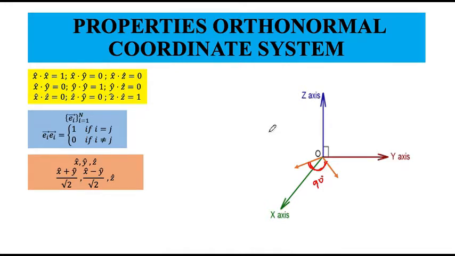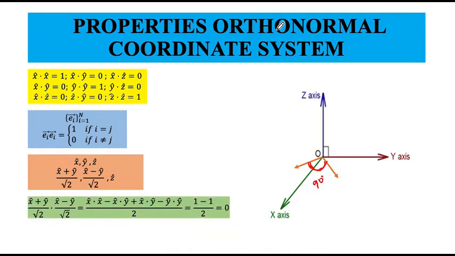Okay. So obviously the dot product of these two vectors is 0, and both of these vectors are at 90 degrees from the z vector. So they are all orthogonal to each other. Let us verify that. I take x plus y hat by under root 2 with the other vector, I am just doing the dot product, I am getting this value and it is 0. So these are orthogonal.